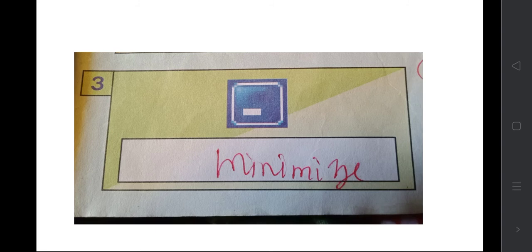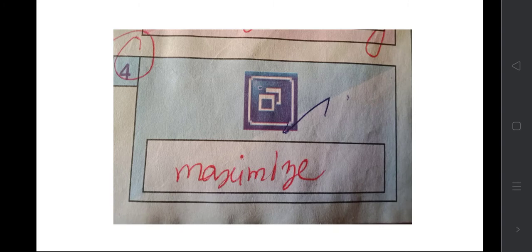This is the minimize button. Then the maximize button. As soon as you click, the window would be maximized.